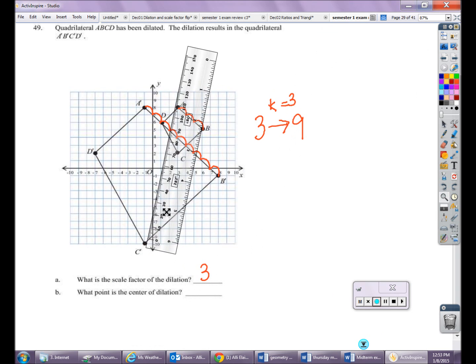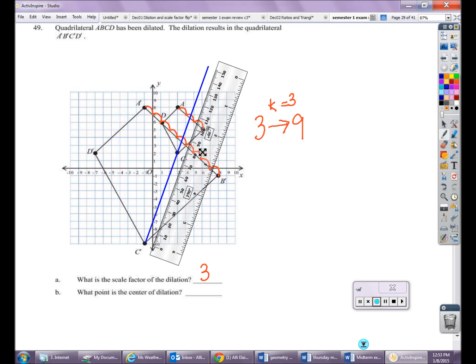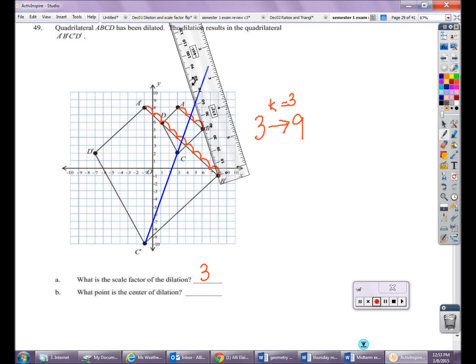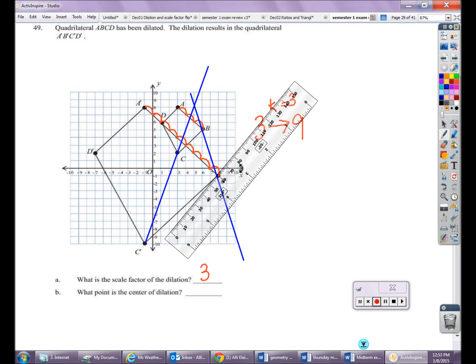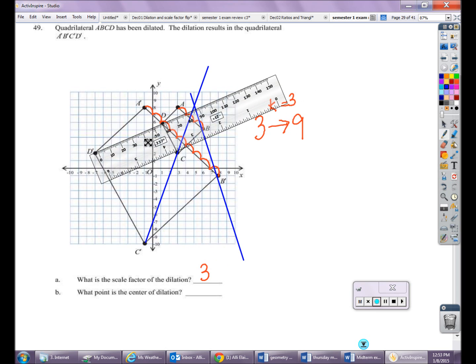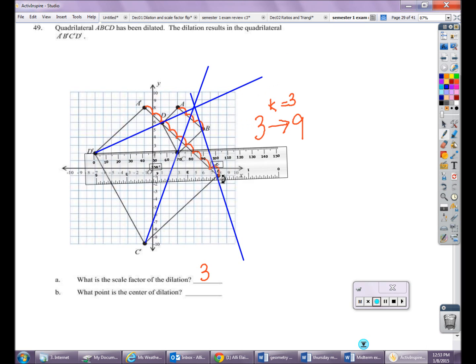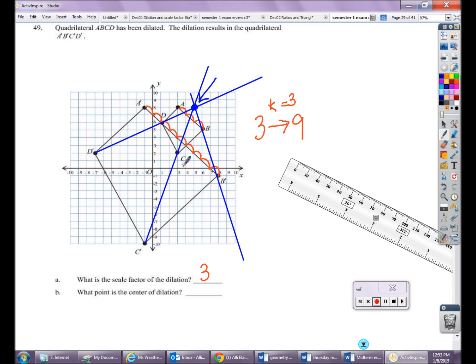So you're going to connect C and C prime and make a line. All right. You're going to connect B with B prime and make a line. And I can already see my lines are touching here, but let's just make sure. You want to connect B and B prime. Finally, you can connect A with A prime. It will meet right here. You worked real hard to get it. That is your center, and it looks like it is located at